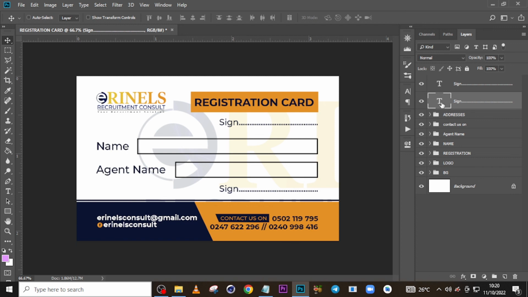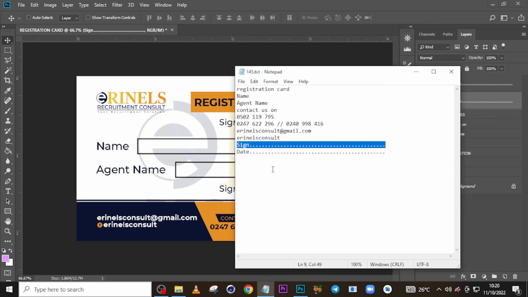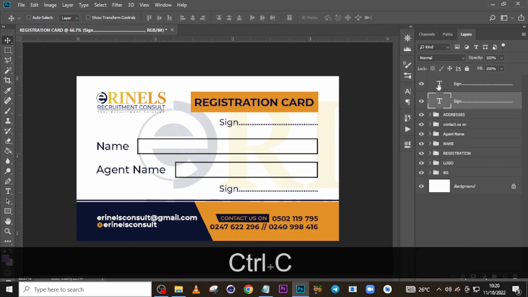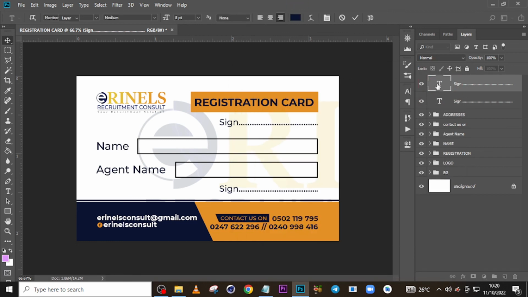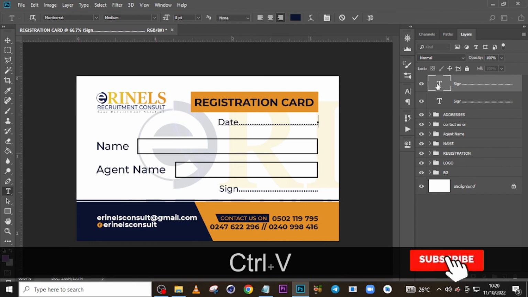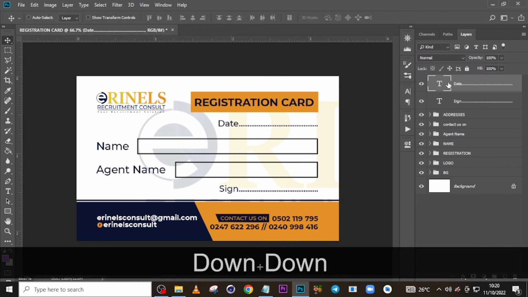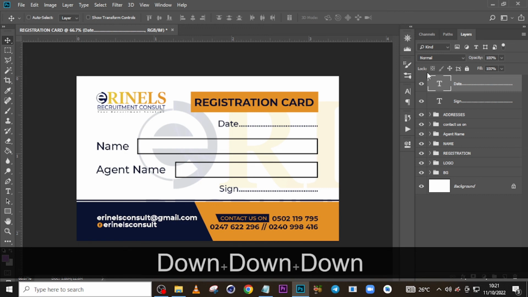Now this one is sign, this one is what? Let's go and look for it. This one is date. Let's double click it, and then paste. All right, drag it down a little bit more, drag it down a little bit more. Okay, so